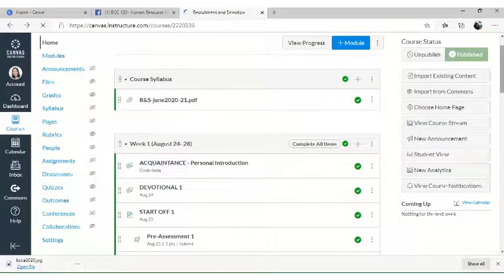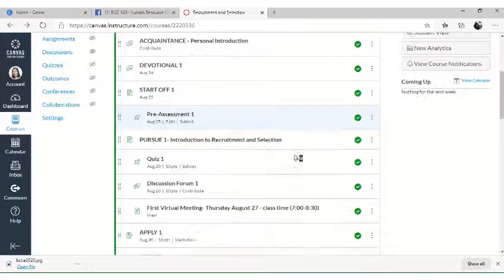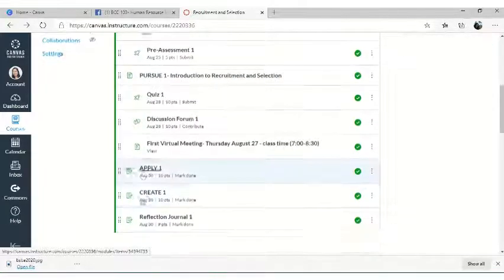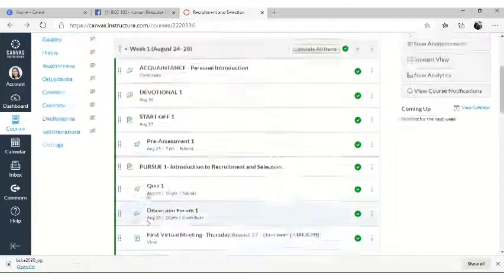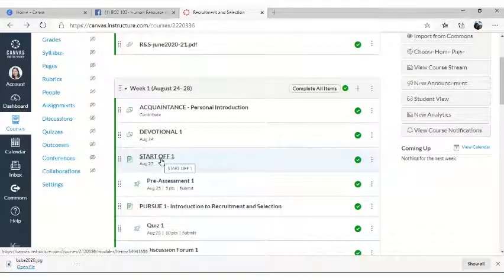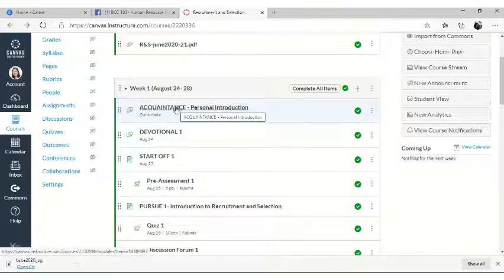Okay, so again, in week 1, we have a structure to be followed. Every week we will have to follow the DSPEC structure. Notice D, devotional, S, start off, P, pursue, A, apply, and C, create. You just need to click on these ones. The other ones under this are just links, so never mind that one, because once you get inside, you will be brought to the links later on. But for our first week, I want you to have an acquaintance. So if you click on acquaintance,